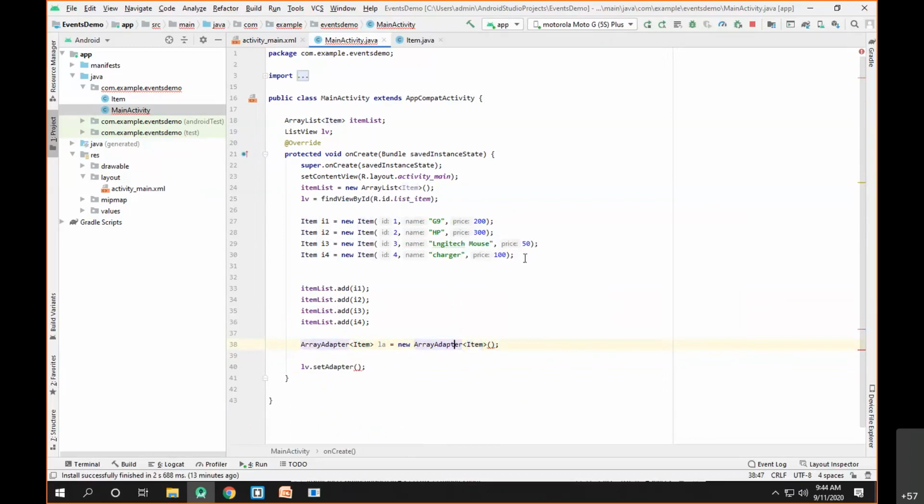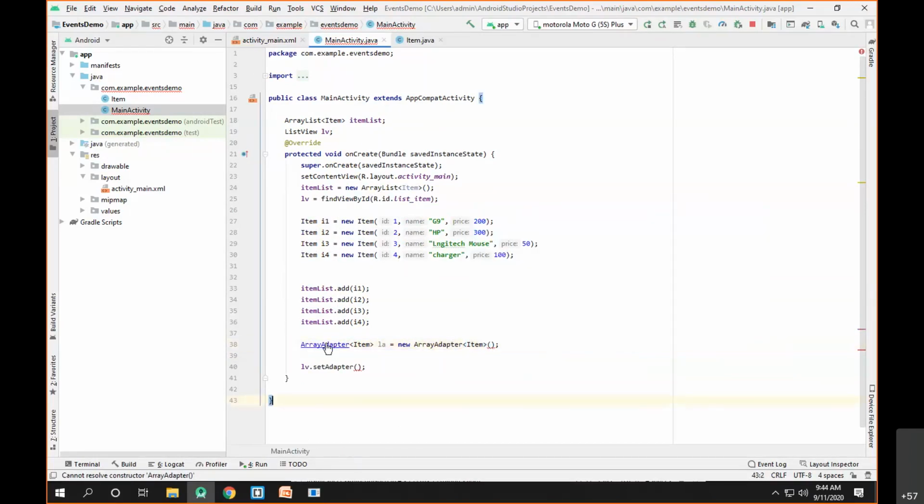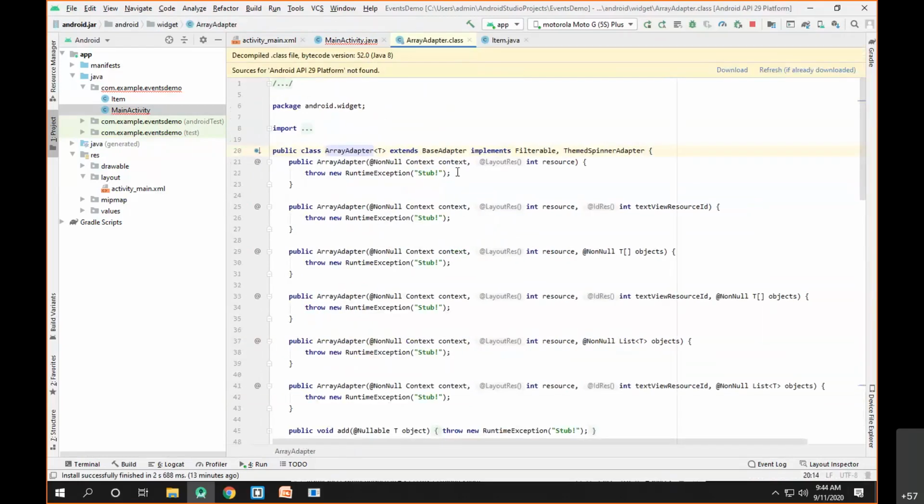and now the array adapter takes multiple arguments. If we check how many arguments it takes, let's press control and click here and see what it can take. So it takes 3 parameters first of all.